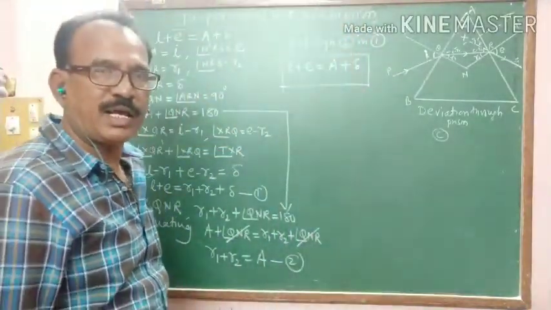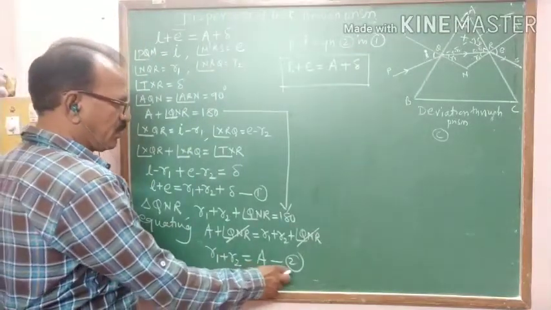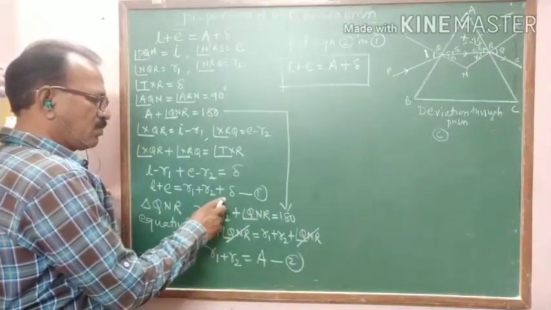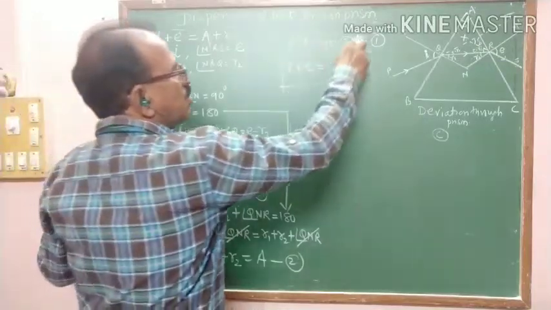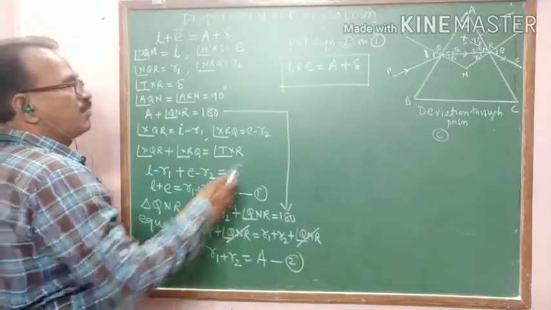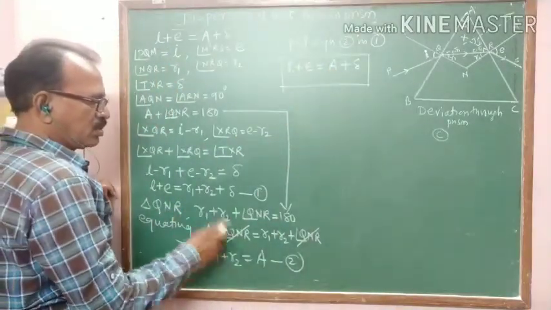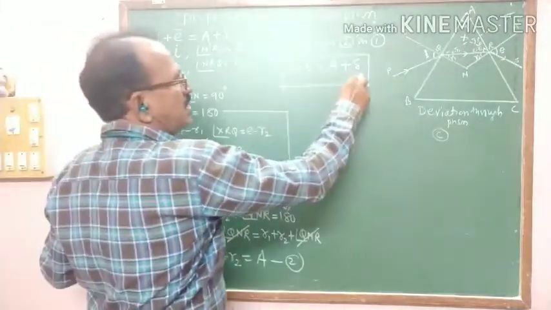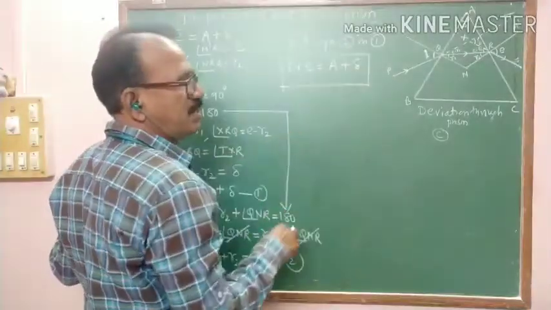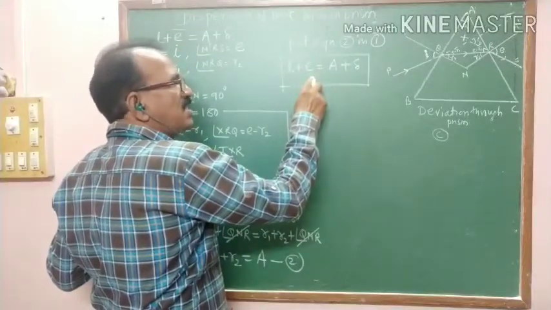So here you are getting r1 plus r2 is equal to A. This is equation 2, and this is equation 1. Put equation 2 in 1. So i plus e is equal to A plus delta. This equation gives the relation between the angle of incidence, angle of emergence and